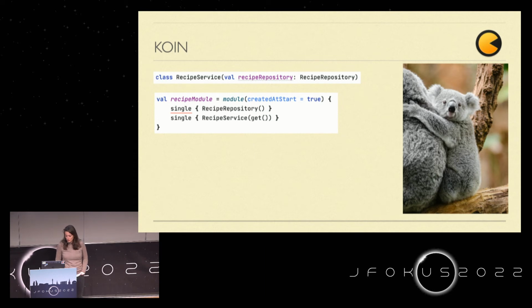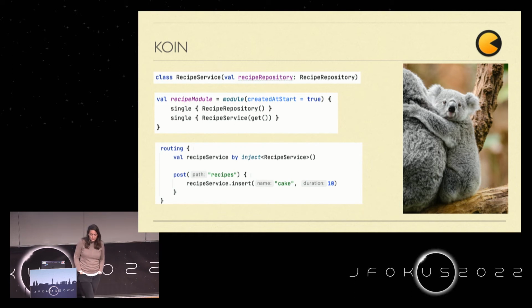To have those components, a single bean of type recipe repository, and a recipe service which gets a recipe repository injected using the method get, which by type inference will use the recipe repository declared in this module. I also want this module to be created at start. It means that the beans are there at the moment the application is started.